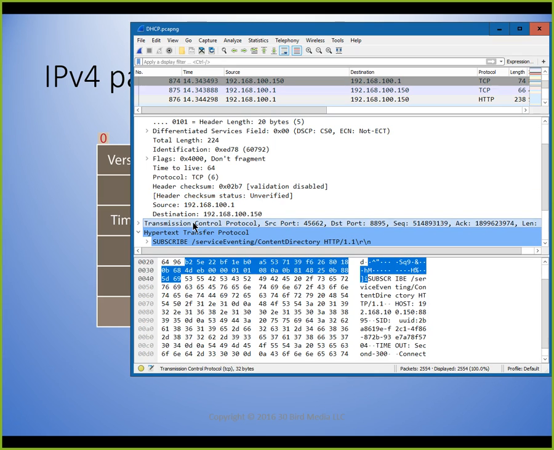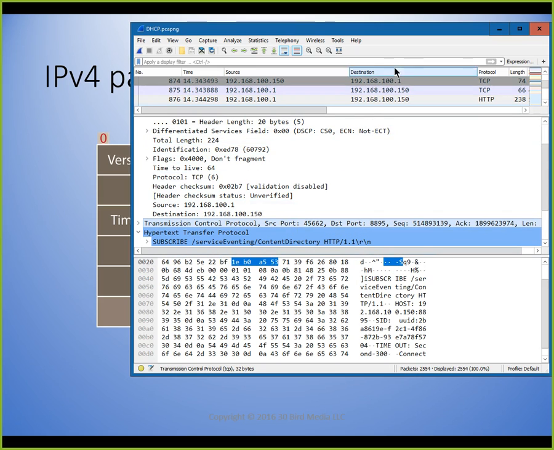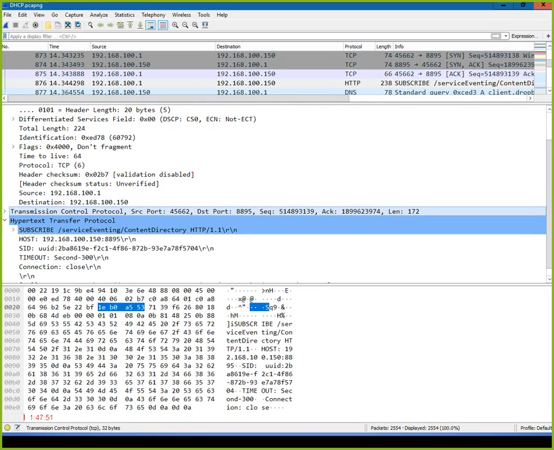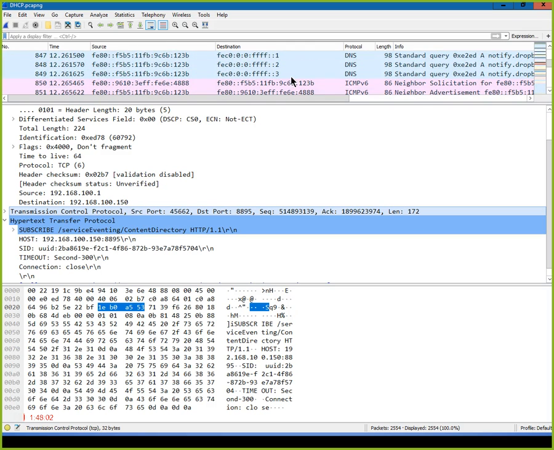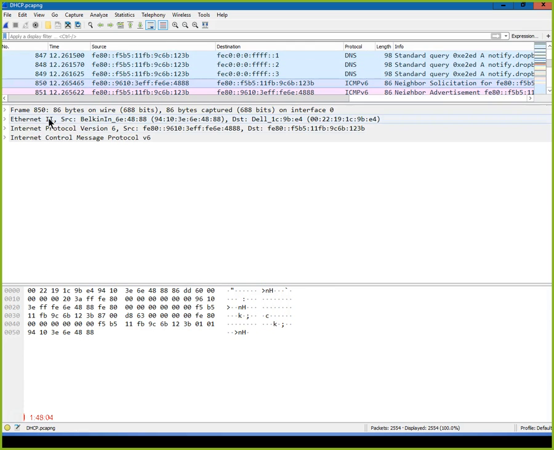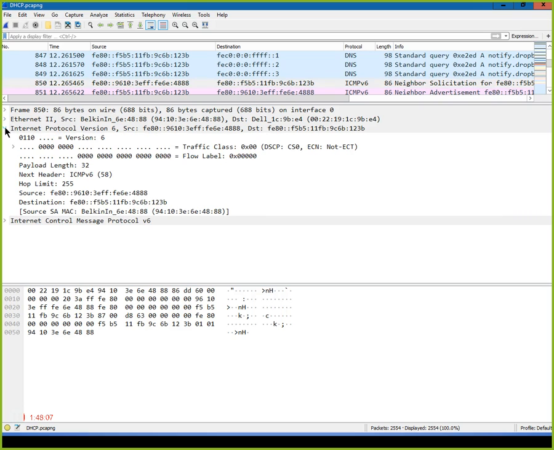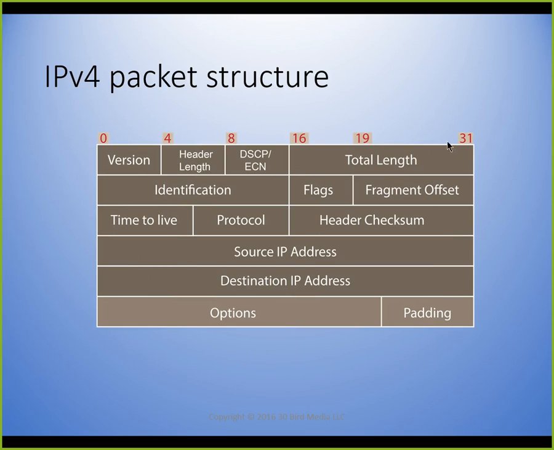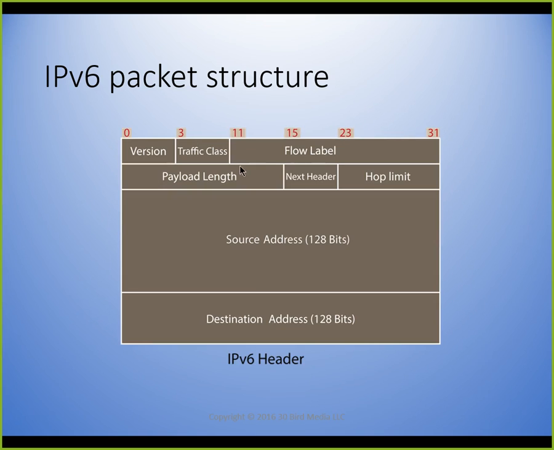The payload includes the TCP. And TCP is the next thing that we're going to talk about, so we might as well look at it while we're here. Actually, the next thing that it talks about is the IPv6 packet structure. And I see, it is much simpler. Ethernet, IP protocol, IP message when we look at it. So the IPv4 header is 32 bits across on this thing. IPv6, also 32 bits across,